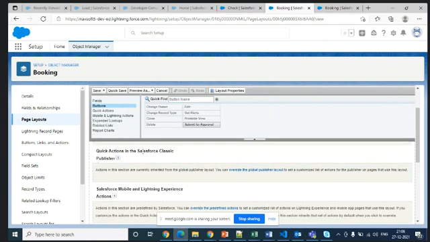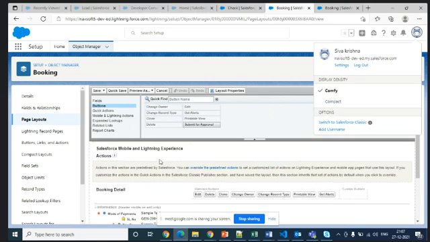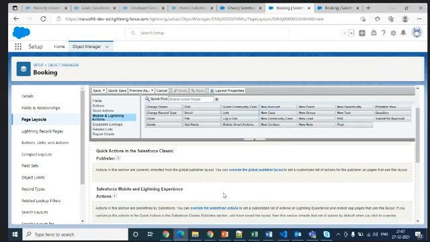So see here, you can try to understand quick action in the Salesforce Classic Publisher. It means that in the classic user interface, if you want to maintain a quick action, you can keep it in classic. Here in Lightning, the buttons, you can say, are where you want to see the quick actions on the button, that is the Salesforce Lightning. You can see those things over here. So whatever you want to keep, you can keep it and drag it out.